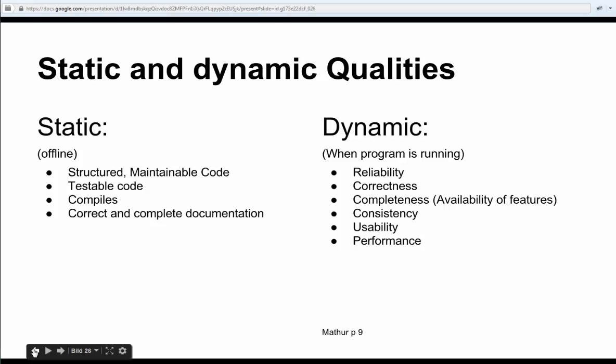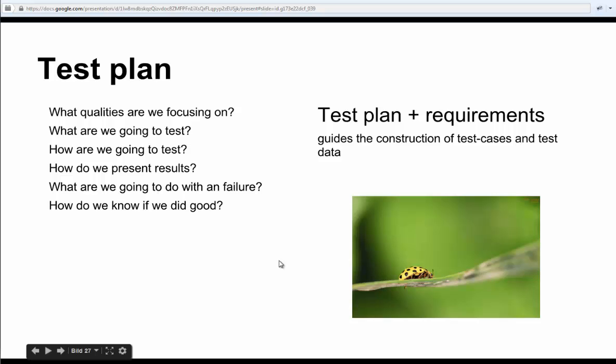Yeah, just some definitions. So in the future, you're going to write a test strategy, a test plan. And if we have different qualities, and you know that the input domain is really large for most programs, right? So you have to decide what kind of strategy you're going to use to achieve some kind of goal. And you're going to